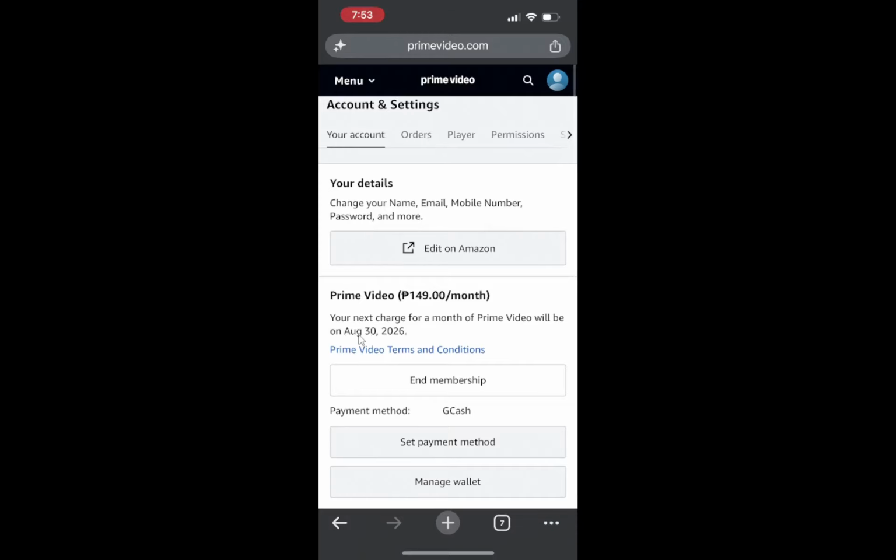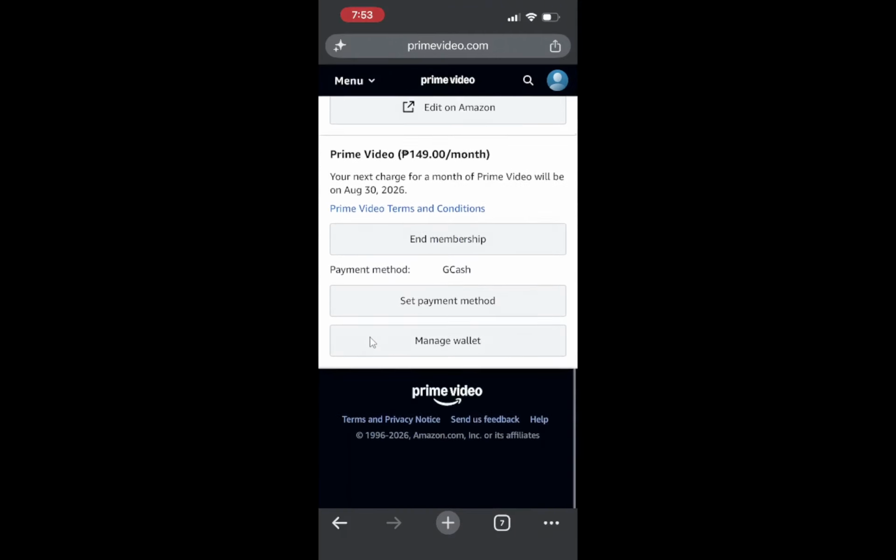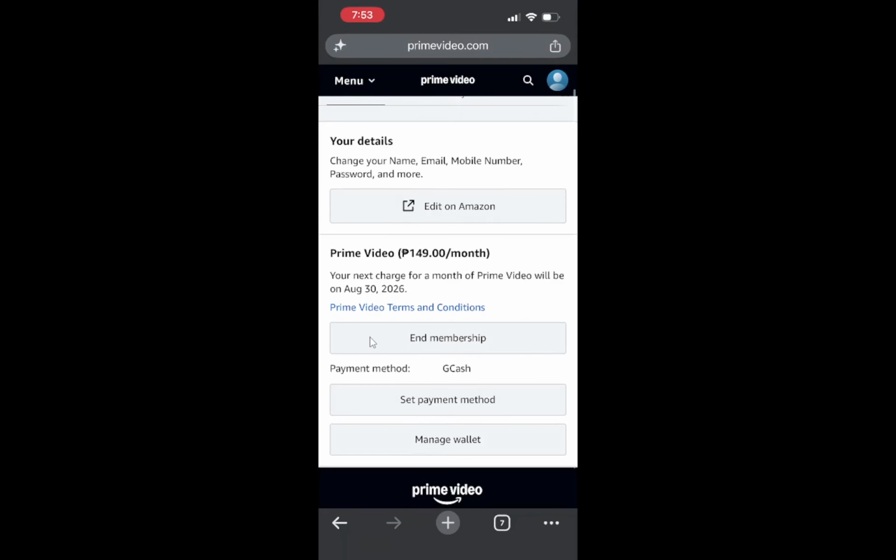With the subscription details open, tap Manage Subscription or Cancel Subscription depending on which button appears. These options lead to the same place, the controls for turning off automatic renewal. You might see extra links like Change Plan or Change Payment Method, but for stopping charges, you only need the Manage or Cancel options. After that, follow the on-screen prompts and confirm the cancellation.